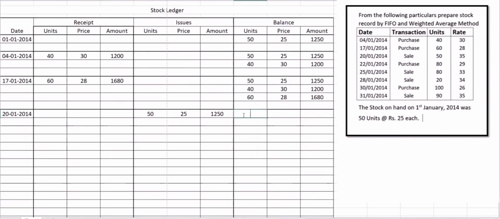We will be left with 40 units at the rate of 30, at a cost of 1200, and another 60 units at 28 per unit cost, 1680 rupees. Okay, after that